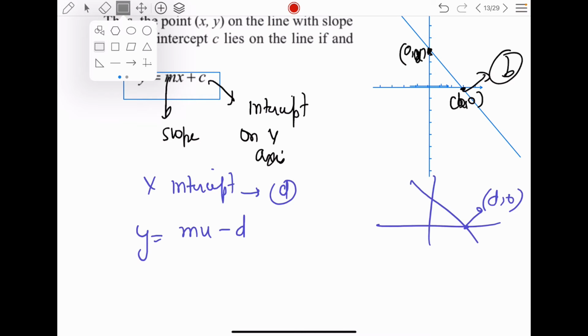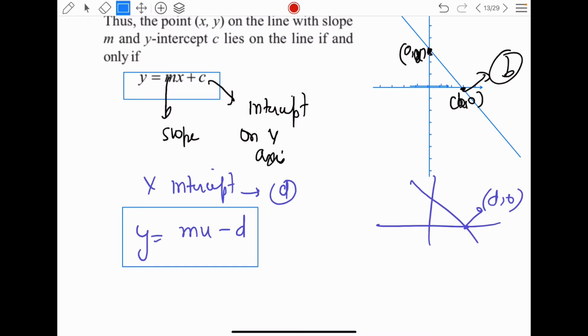The equation is y is equal to m of x minus d. The sign changes to a minus. That's it. So if your line has an intercept on the y-axis, the equation is y is equal to mx plus c. Similarly, if the line is cutting the x-axis at the point d, the x-intercept is d, and y is equal to m x minus d. There is just a simple change of sign. The sign is changing, the rest of the equation is the same. Slope is m, you can find it using all the methods which I have explained above.